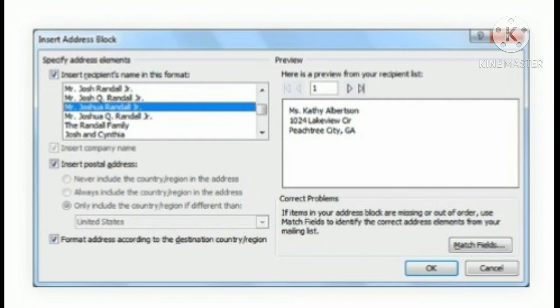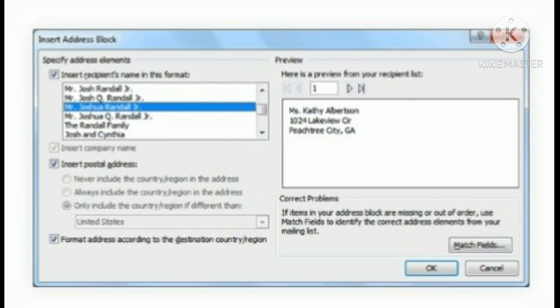Fourth, a placeholder appears in your document, for example, Address Block. Fifth, repeat these steps each time you need to enter information from your data record. Sixth, from the Mail Merge task pane, click Next: Preview your letters to move to step 5.